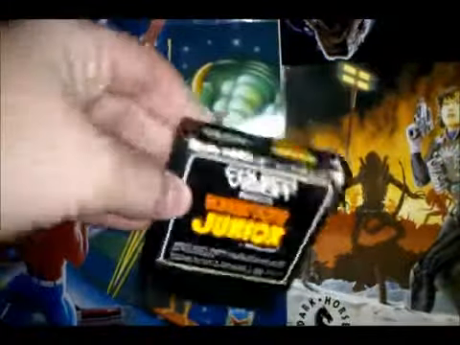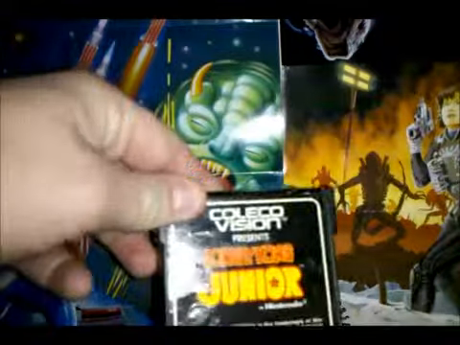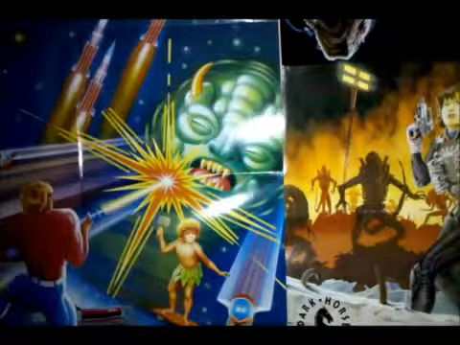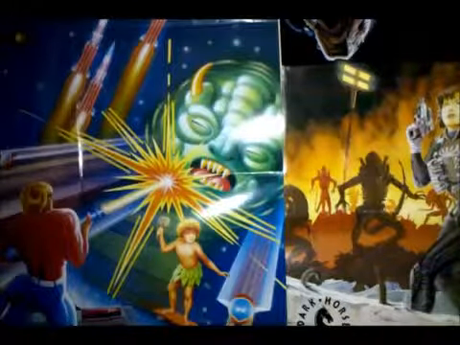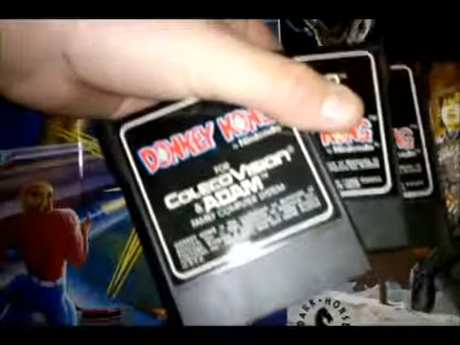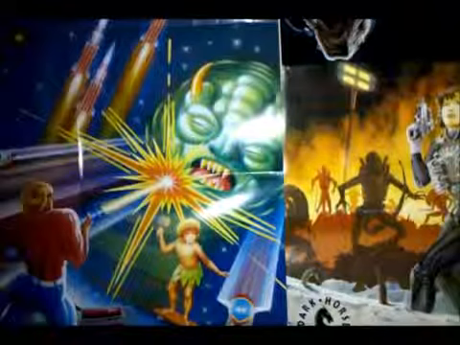The next is a pretty rough version of Donkey Kong Jr. Yeah, the label's peeling up. After that is my other copy of Donkey Kong Jr. in better shape. Still not great, but in better shape. And the next game I have 3 copies of. It's Donkey Kong. Now, they're basically all identical, except the one on the far left actually says for ColecoVision and Atom Computer. So I guess that'd be a later version of the game. Not really sure, but...